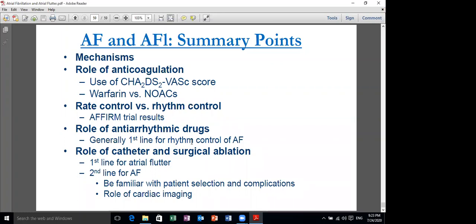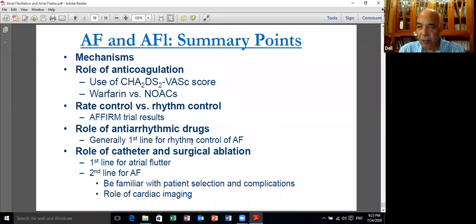طيب هنا بقى سؤال على الدوز بتاع الابيكسابان في البيشنتس على الهيموداياليسيس. هندي فول دوز 2.5 ملغ twice daily. Always you have to check. شوف don't ask me about the doses. check it. كل مره بندي الدراج ده بنشيك يعني دلوقتي اغلب الممرضات في المستشفيات في فارماسيست بنخلي الفارماسيست ده يتشيك